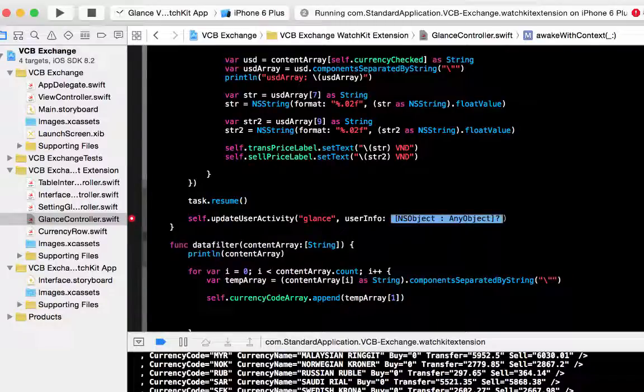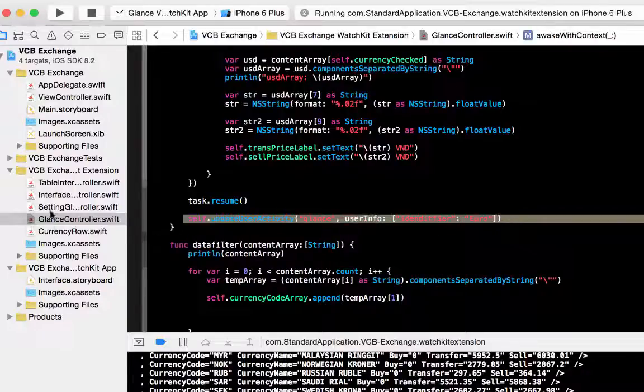And user info, we can send any object in here. As you can see here, it's like a dictionary. For example, I will send the identifier, and for the identifier, I will set a value as arrow. So when the user touches the clan interface, it will update user activity in here and come back to